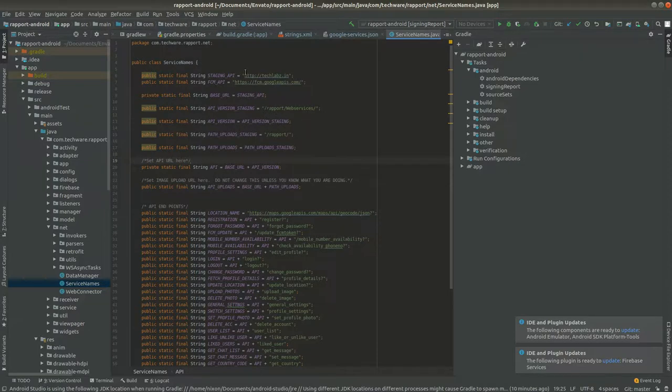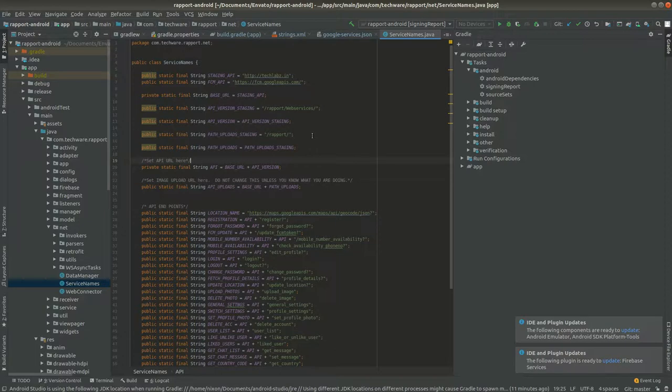See, this is the main domain and this is the path for your web service. Basically, if you don't have a subfolder, it will be slash web service for you. And Rapport is the root domain where the upload paths go, but basically the coding will move it to a folder where it should actually work. So this is the place you need to change in order to take the build with your server link.